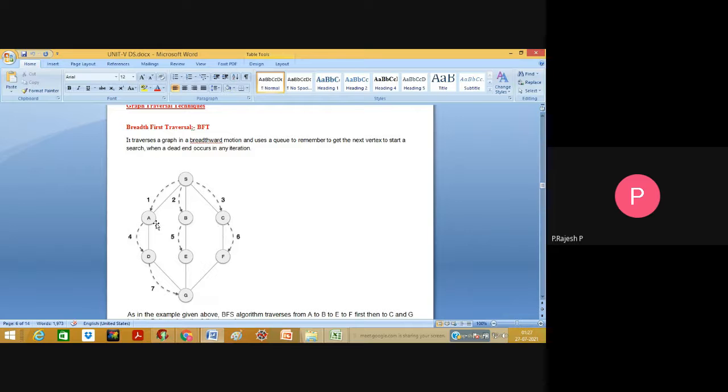After we are done with this, the next adjacent node is B, and B is also inserted into the queue.